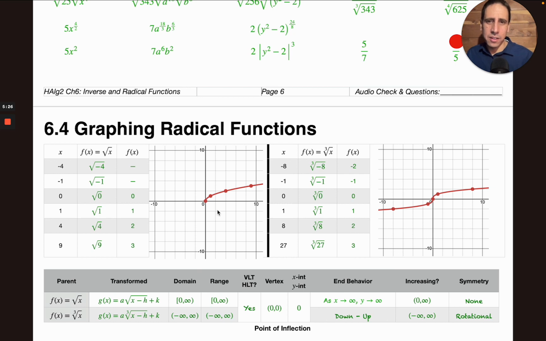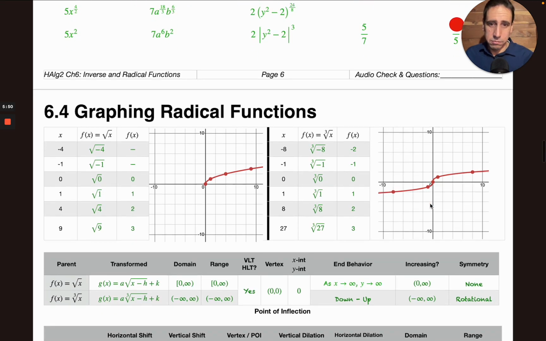Where is it increasing? It's increasing along the interval 0, infinity, where it's defined. And this is always increasing here. It's never decreasing. It never flattens out completely. There's no symmetry on this one, unless, of course, you're going to somehow draw the lower arm of the parabola. Then it would have reflectional symmetry. But we're just looking at this as a function. And here, there's rotational symmetry about the point of inflection right here. Let's see what happens